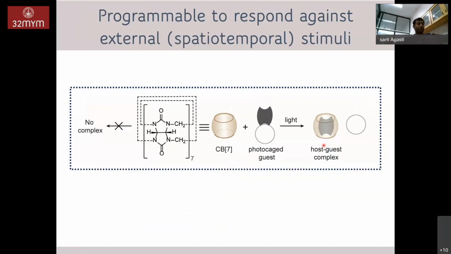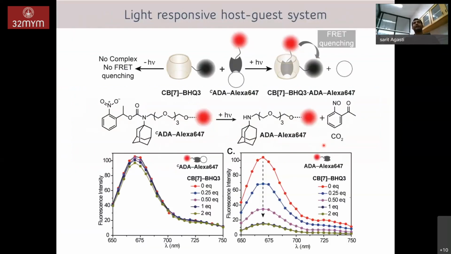For the last 2-3 slides, I'm just going to tell you about the last part, where I'm able to get complex formation under light. Light is an external stimulus, and you can manipulate and precisely control it. That's what we did. We used light and made a complex that can form only under the stimulus of light. And this is the probing using a fluorescence quenching experiment.